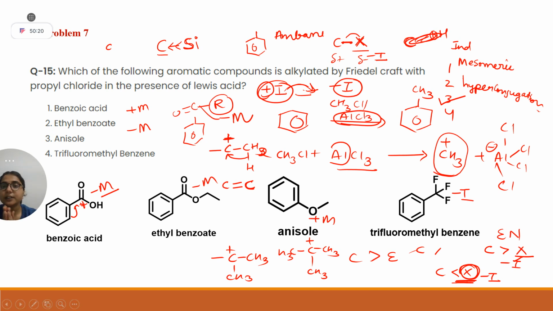So what is inductive? Inductive is the drifting of electron density due to electronegativity, and in hyperconjugation, how many CH bonds can come to stabilize your carbocation or free radicals. Okay. And in the mesomeric effect, a substituent attached to your benzene ring can stabilize it. And one more thing, you will ask, ma'am,